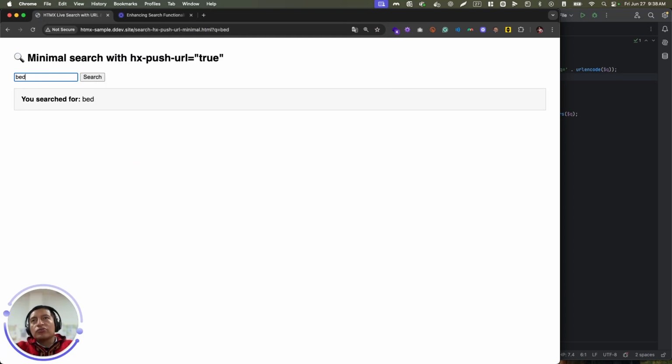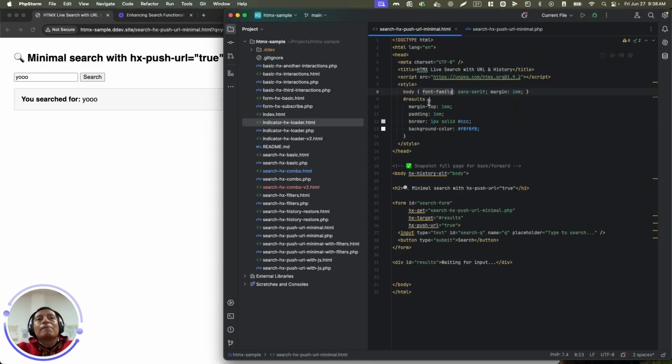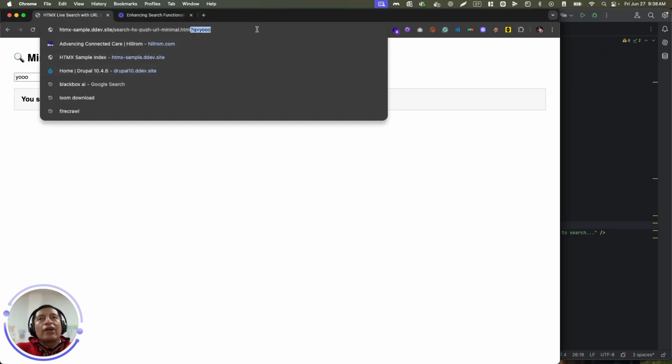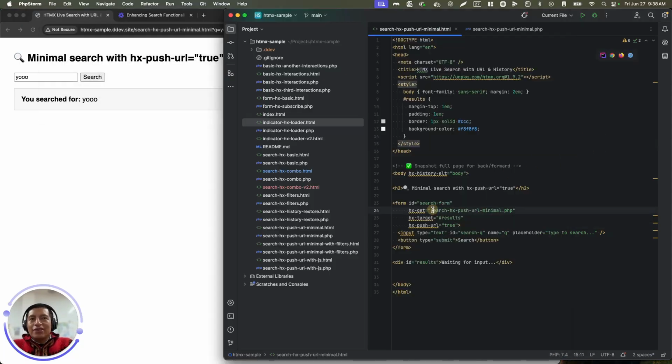I'm gonna change another one, bed. I'm gonna change another one, hello. Another one, yo. So it works all fine. So to recap, hx-push-url is awesome, outstanding. Instead of behind the scenes, you expose this into the query arguments. There is an issue. Yes, it's going to this HTTP request for sure, but we can tweak it a little bit